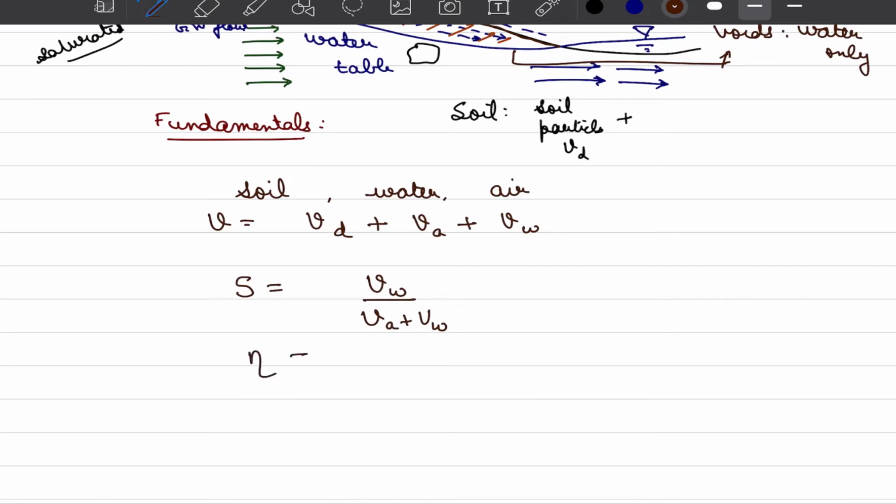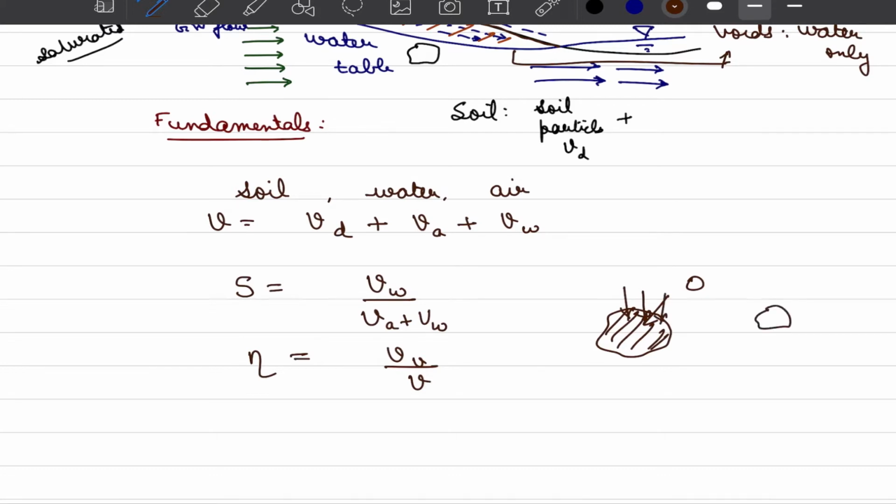Another important quantity that is of interest from a hydrological perspective is eta, which is the measure of porosity, because the soil acts as a water conducting material by virtue of its porosity. For example, if you compare a rock which is tightly packed, which does not allow anything to pass through it, we basically say that the ratio of voids in this particular rock with respect to volume is equal to 0, and hence it would not let anything permeate into it.